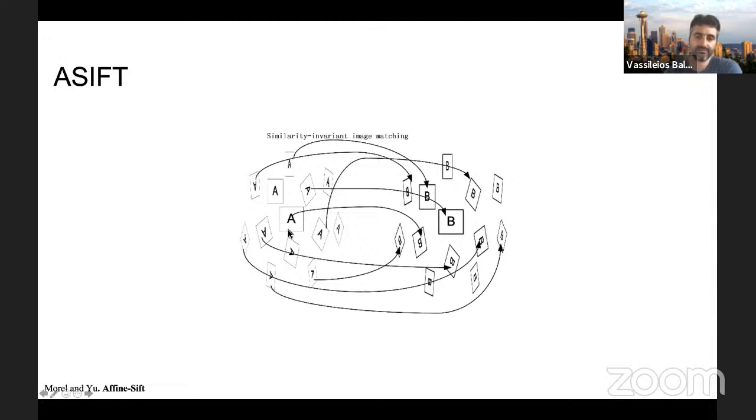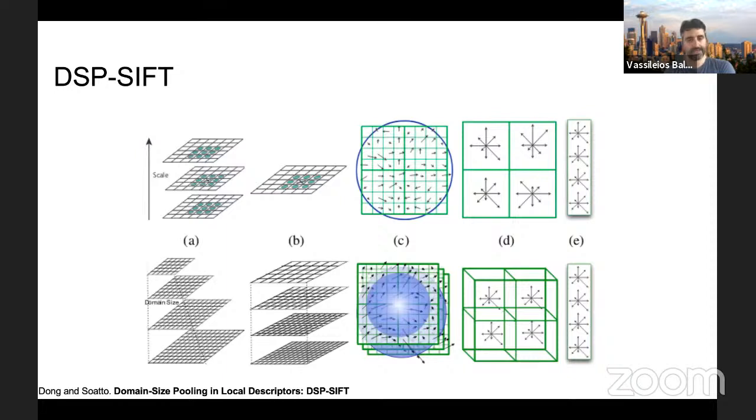If you see here, you have your original image, which is A, and you want to match it with another image, which is B. And then what this paper did is you start by introducing manual affine warps on your original image, and the same for A and B, and then you match everything to everything. This is, of course, very, very computationally expensive, but they saw that this can lead to much improved results. Similar idea, but on the scale space, in terms of changing the scale factor and not the orientation or the translation that is changed in the affine